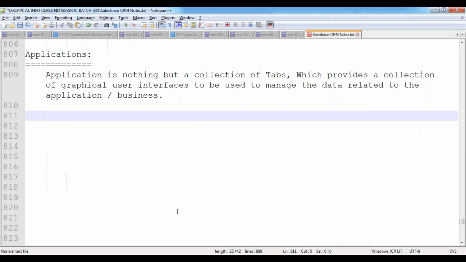By using those tabs and user interfaces, we manage application specific data, business specific data, organization specific data, or personal data, whatever. So an application contains some collection of tabs.